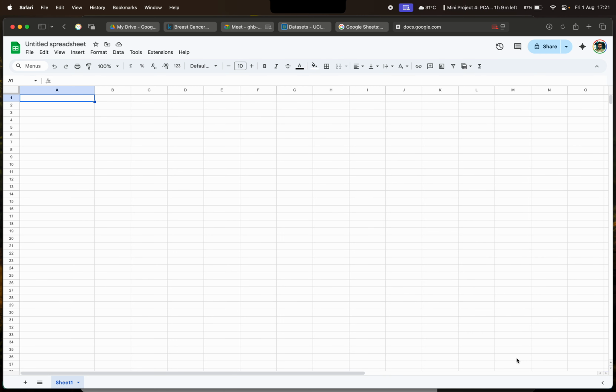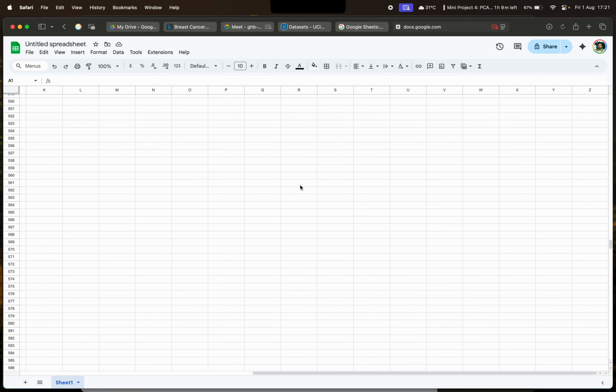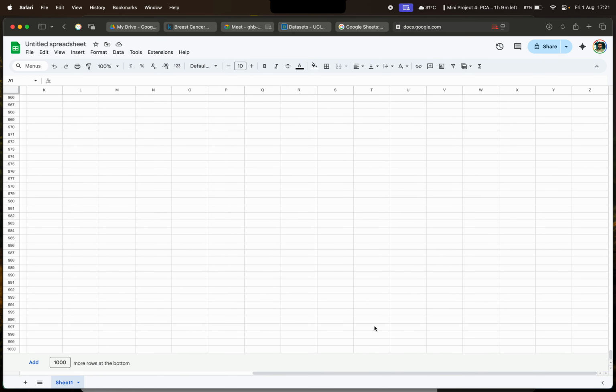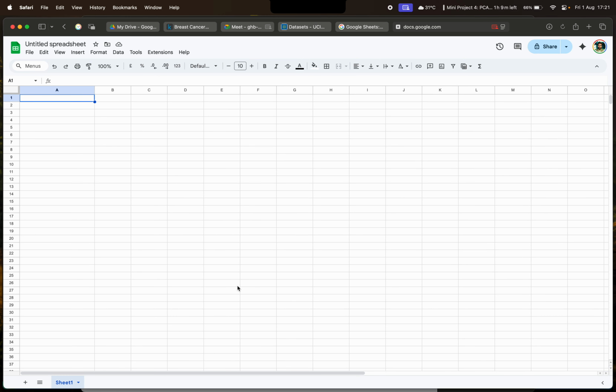See over here, Z over here, and in MS Excel, you'll find that Z and some extra multiple, I don't know, in lakhs you have rows and in thousands you have columns. So the point is, if you type something like name over here,